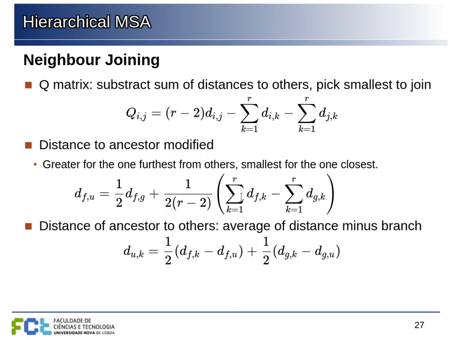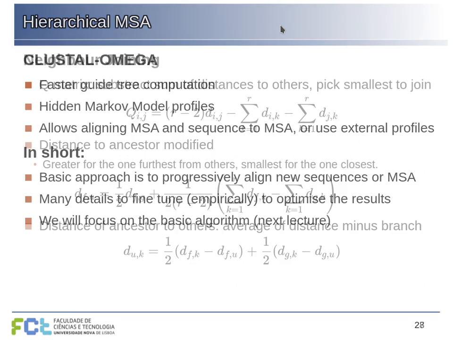So when we are joining two sequences and computing the distance between each of them and the common ancestor, we will give a longer branch to that sequence that is farther away from all the other sequences in our group, and a shorter branch to the sequence that is not as far away from the others on average. So this creates an asymmetry in the branches when we are splitting the tree.